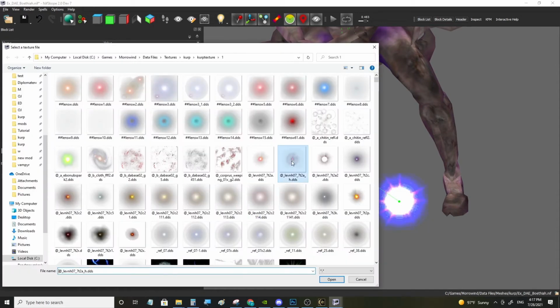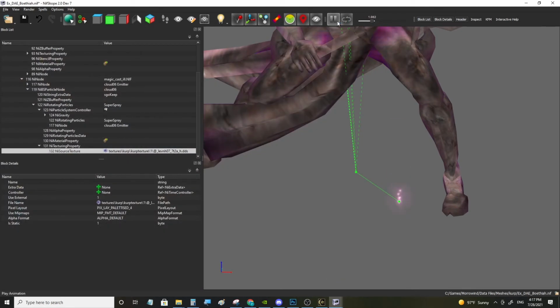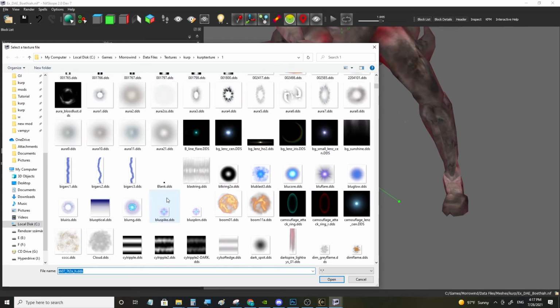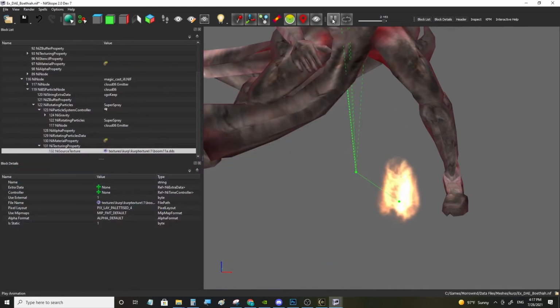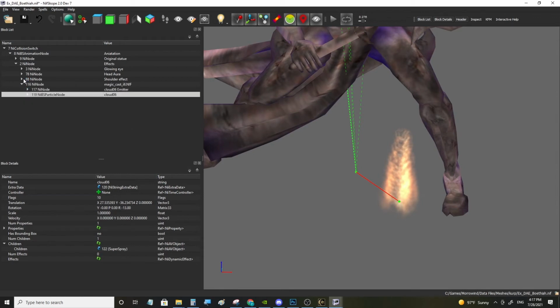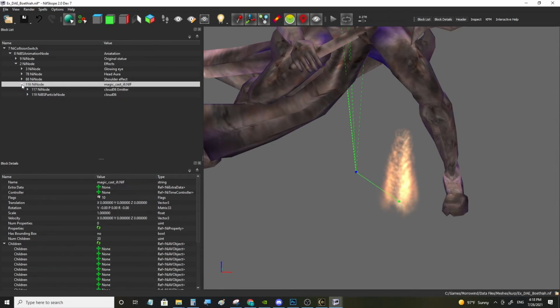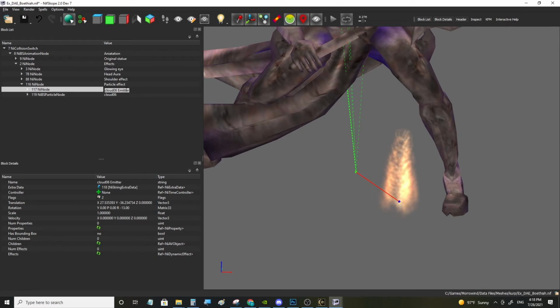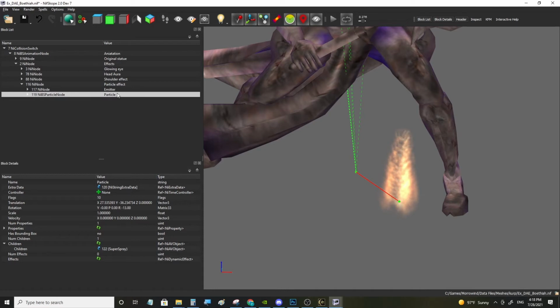Maybe it's a very ugly particle texture. Maybe that one. And so basically this node will contain our particle effect, and this is the emitter,